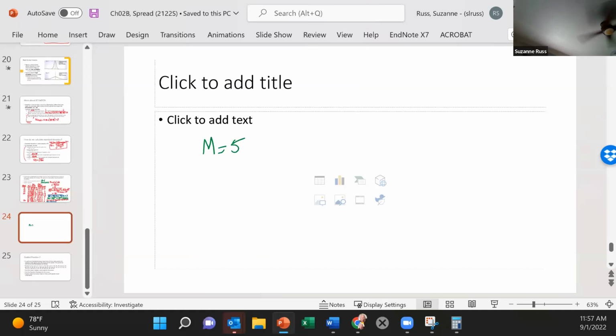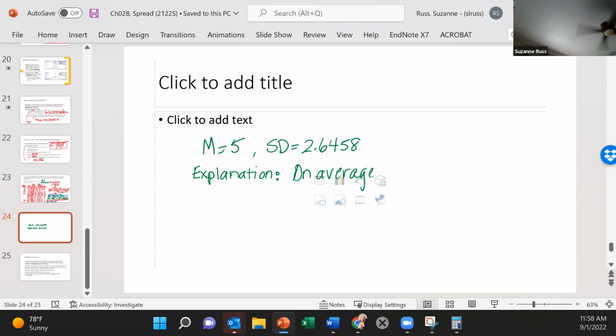M equals 5. Standard deviation equals 2.6458. And then I would write, explaining this to a 6th grader. What that means is you're explaining it in words that would be easy to understand by anyone. So I would say, on average, this player scored 5 points per game,